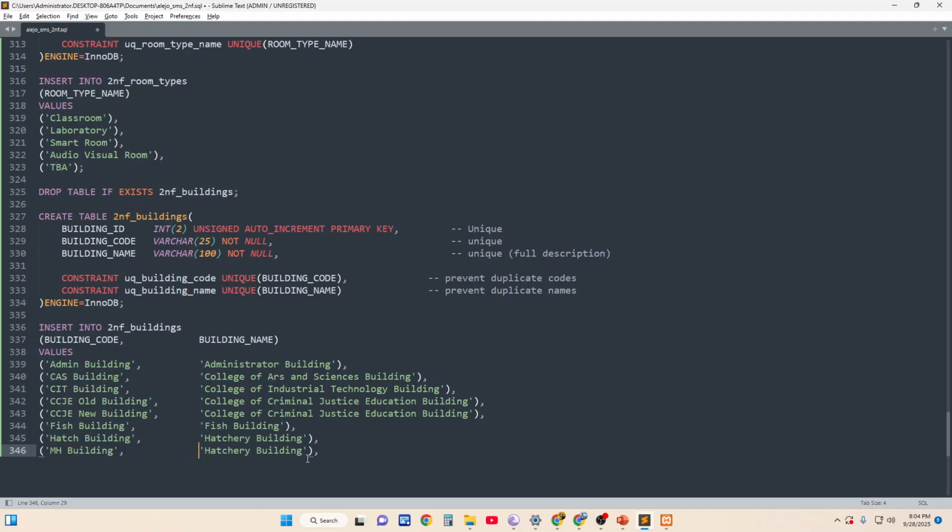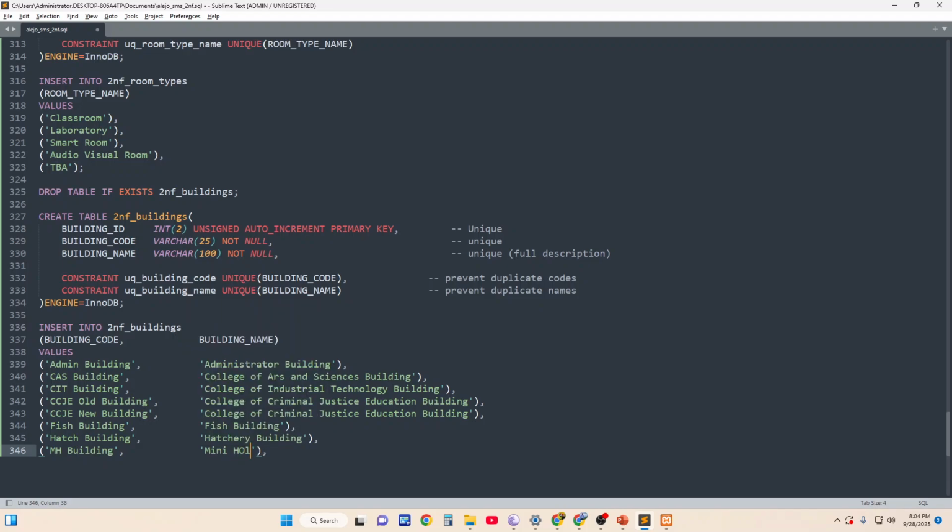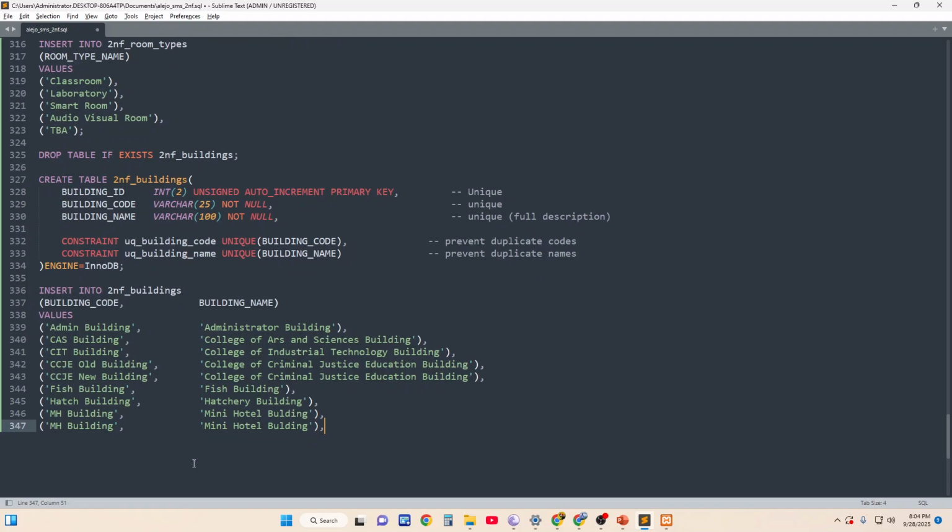So that is mini hotel building, mini hotel building, and we have here also